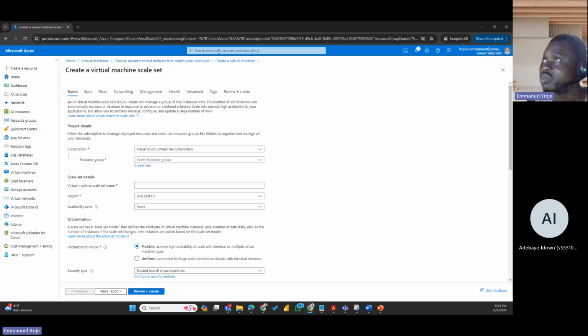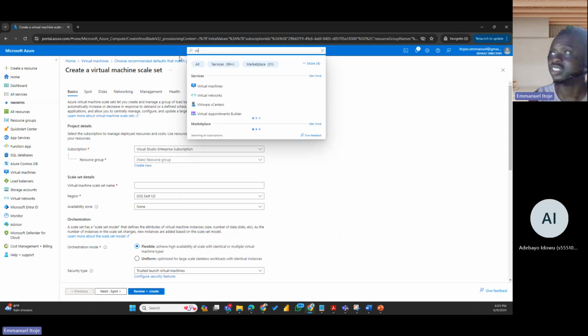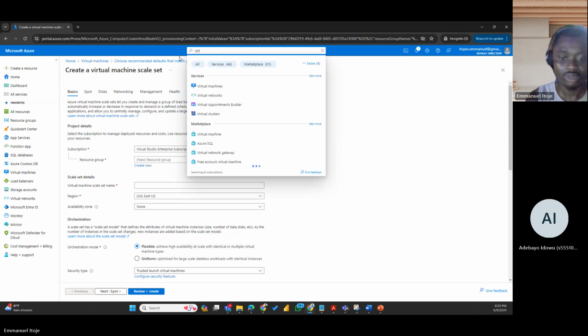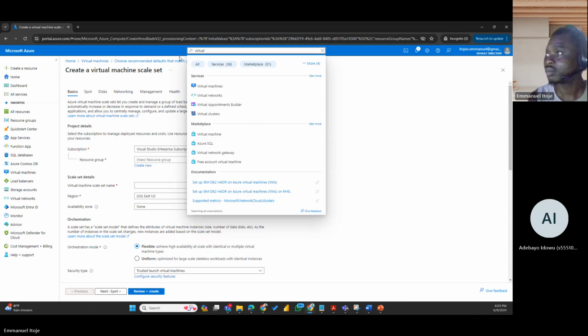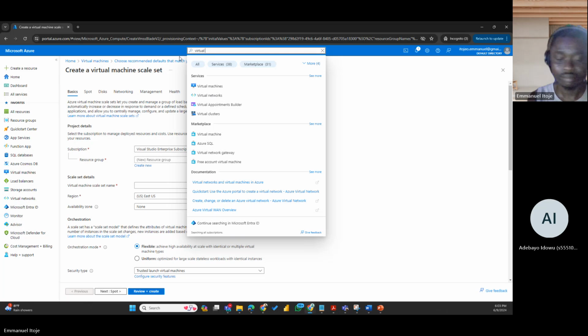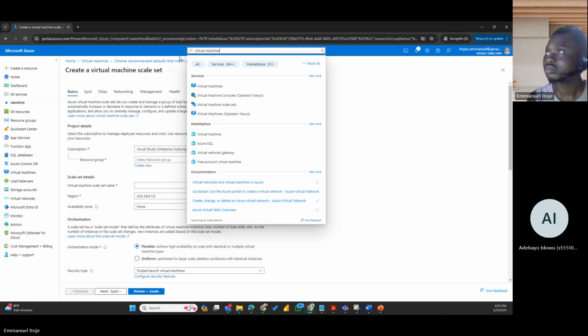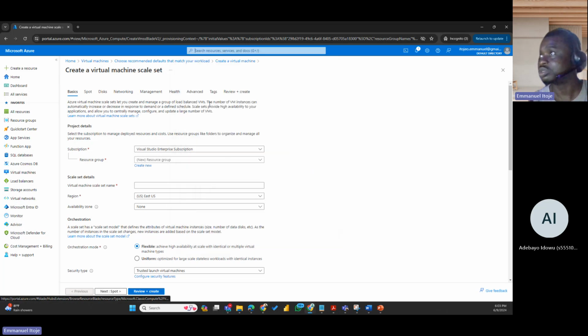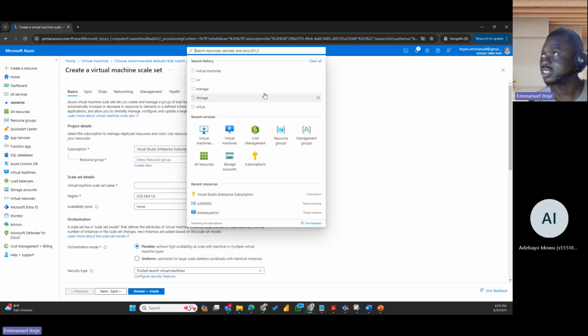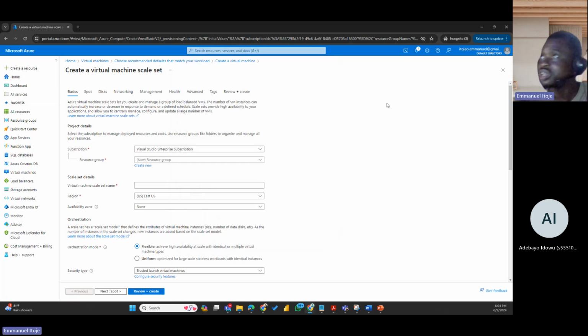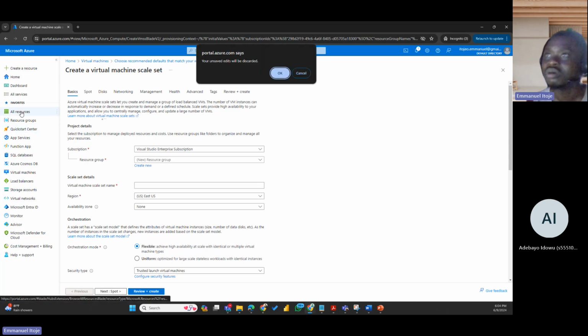We could also from here search for virtual machine scale sets as well. So this is it here. If you are selecting a virtual machine scale set, it also brings you to this point here. But a faster way, if you go to all resources,